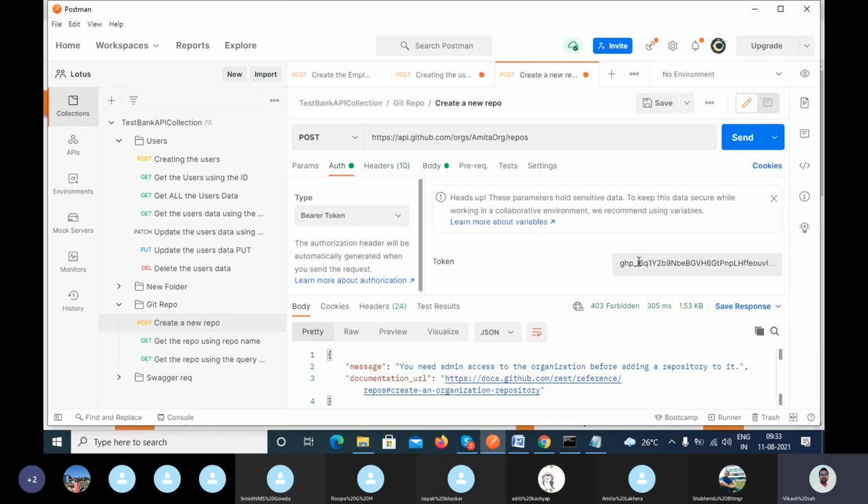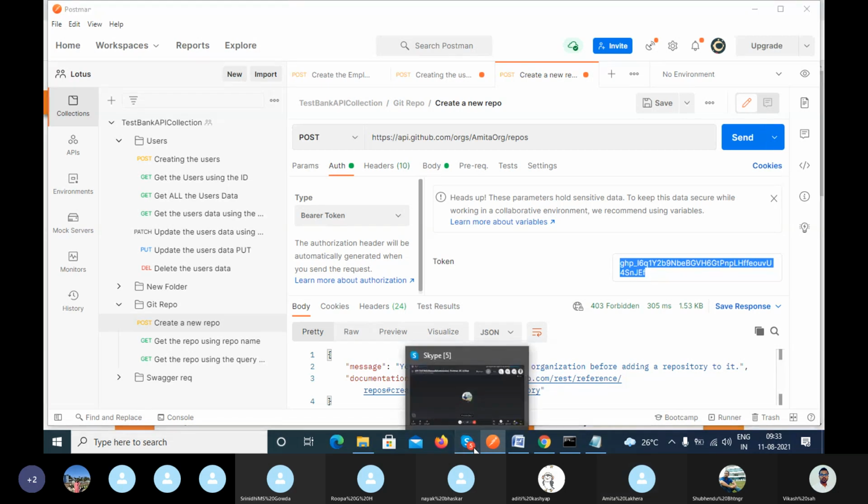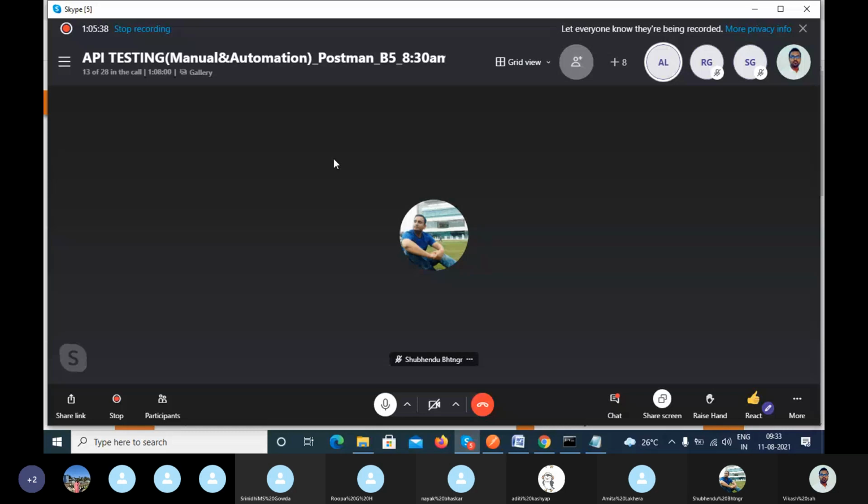Could you please provide your token? Yes, providing. What I'm trying to say is that 403 forbidden is not only for trying to create a repo inside the organization. It is also when one user tries to delete or update another user's data, and that data is not related to you.